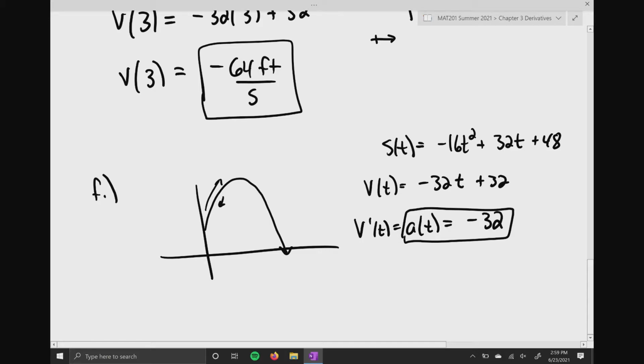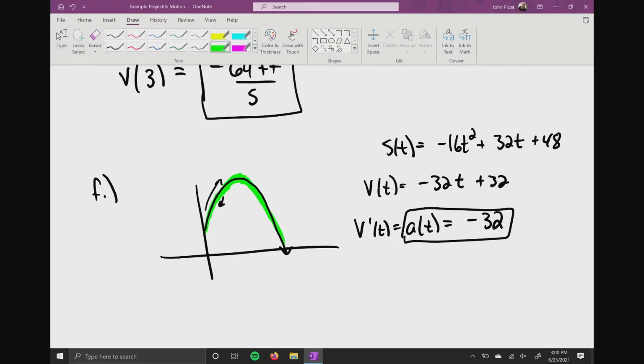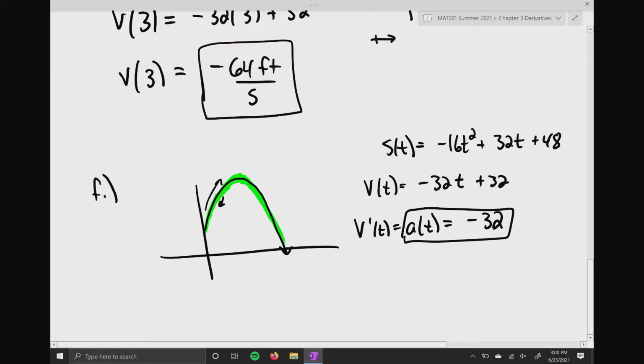Let me get out a different color here. Actually, I'll use a highlighter. So as soon as we throw the object, we know it comes up, but then it reaches that maximum height where velocity equals 0, and then it comes back down. So the acceleration in this example is always working against us. That's gravity. Okay? So if we can keep that in the forefront of our mind, an easy way to just